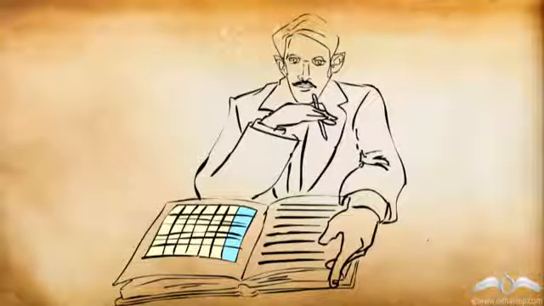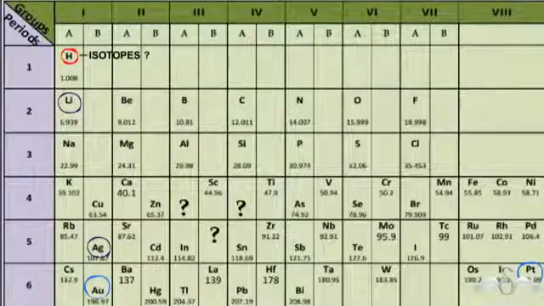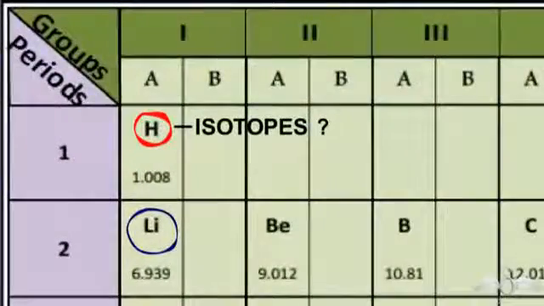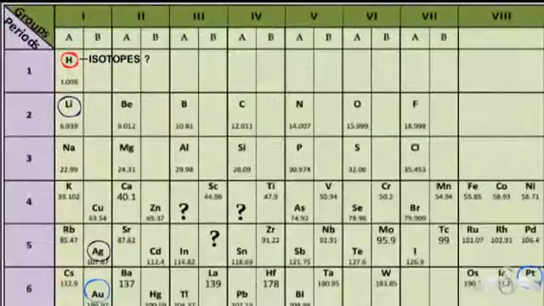Mendeleev gave his periodic table in 1869. His work was greatly appreciated, but there were some defects in his table due to which his table had to be discarded. Henry Moseley, an English physicist, was aware of these defects. He was aware of the problem of isotopes shown in Mendeleev's periodic table, the problem that silver